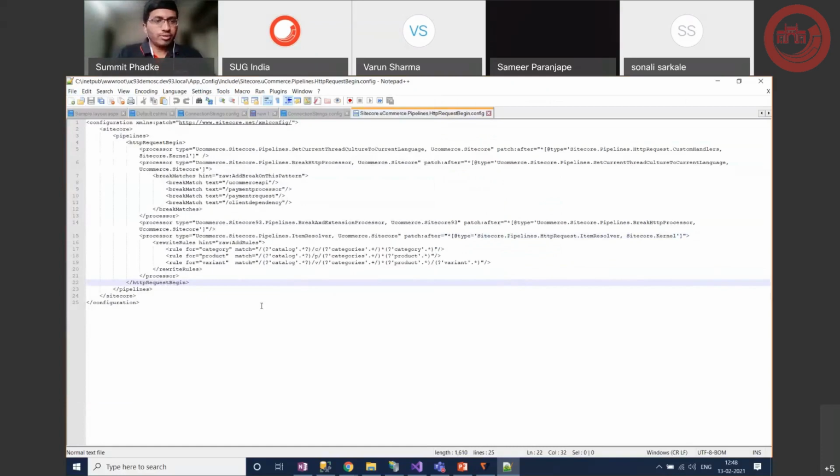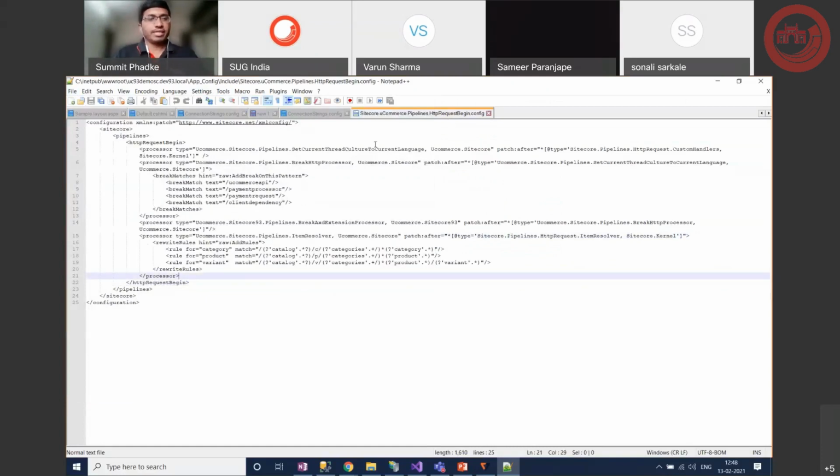Okay. So basically, this is the pipeline where they are patching in their item resolver, and if you look in here, they are doing the rewrite rules like this, wherein if you have a catalog, then they are doing the C, the categories, and the categories similarly for product, right?